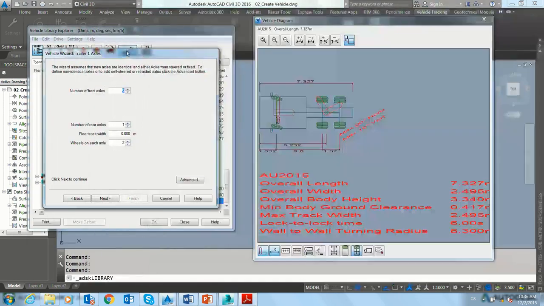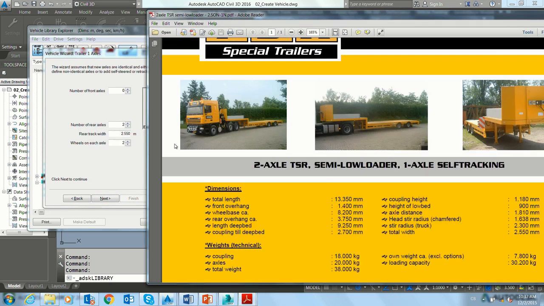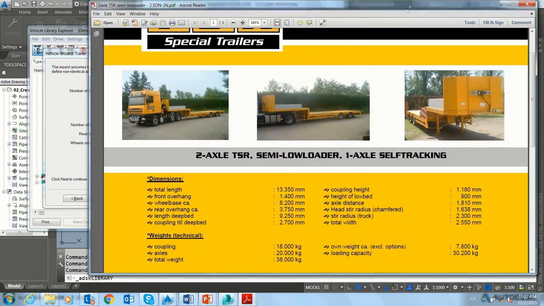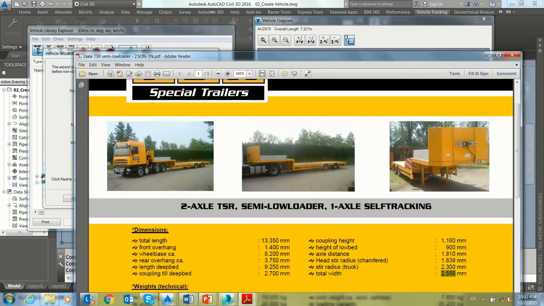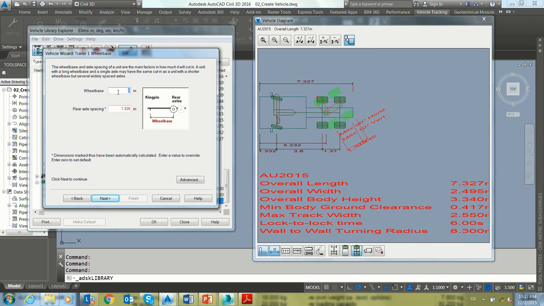So let's go here. Number of rear axles is 2. The overall rear track width is 2.55. Yeah, and again here, based on this information, rear 2.55, for example, total width. And let's move on to wheels on each axle. 4. Next, wheelbase is 8.2, again based on the data sheet, and rear axle spacing is